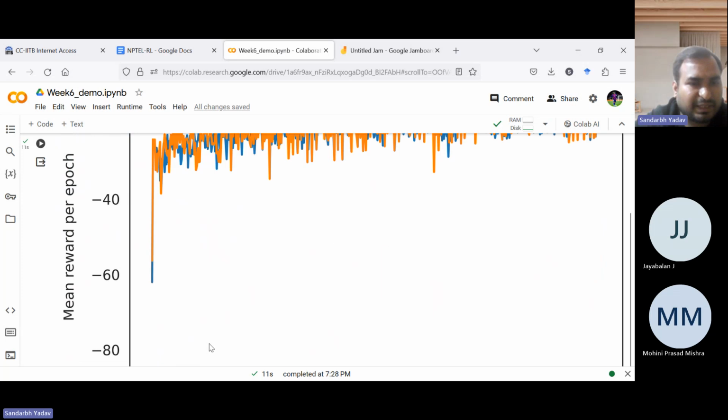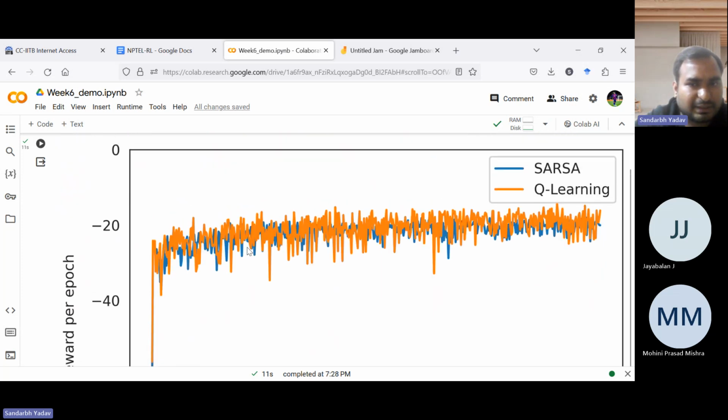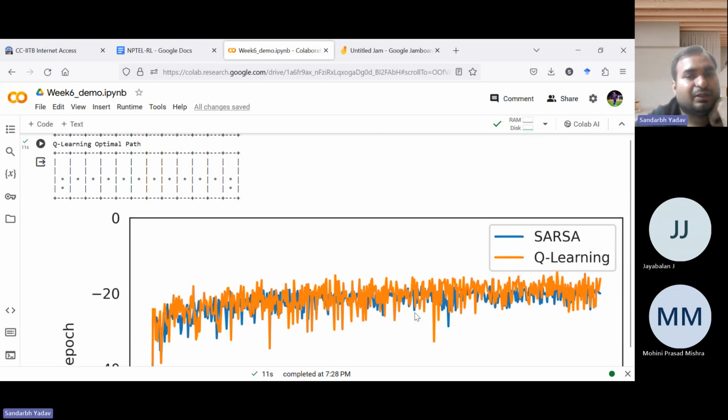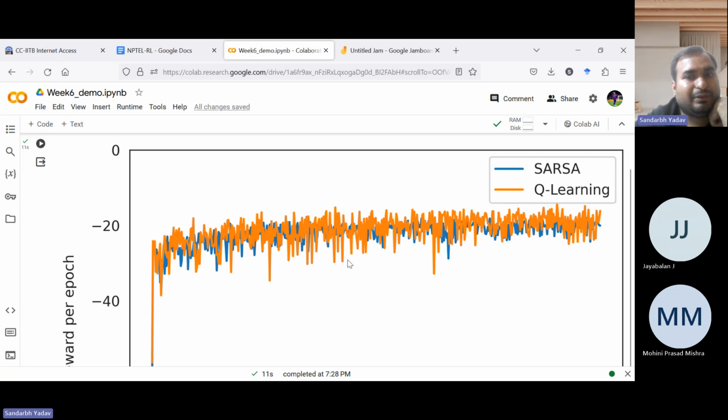Even in the beginning it's taking much more, but gradually it's improving. This is kind of an average, which is why we were using 50 runs. Even after 50 runs, you can see there is a lot of stochasticity. We couldn't get a smooth kind of graph. So maybe you can increase the number of runs also to maybe 1,000 or something,